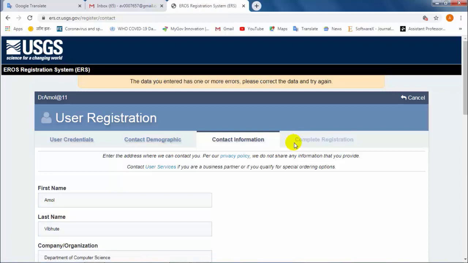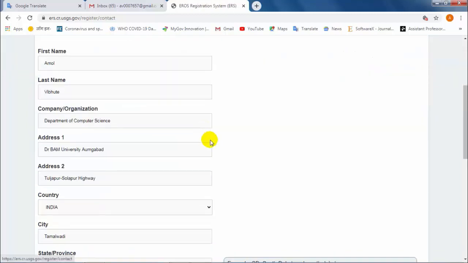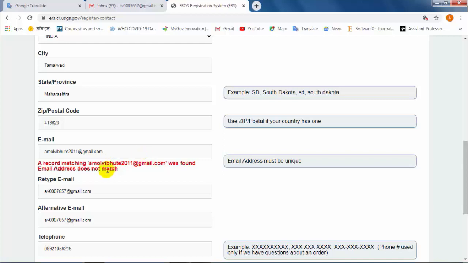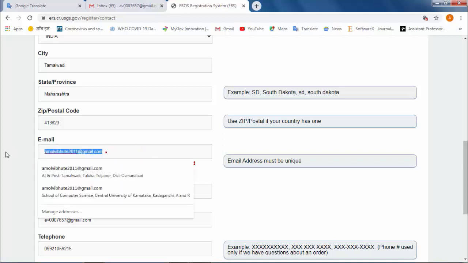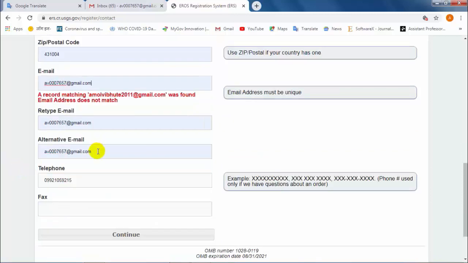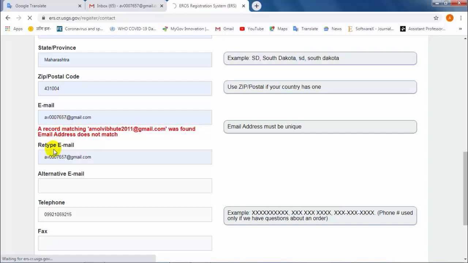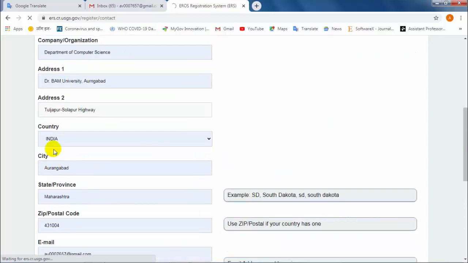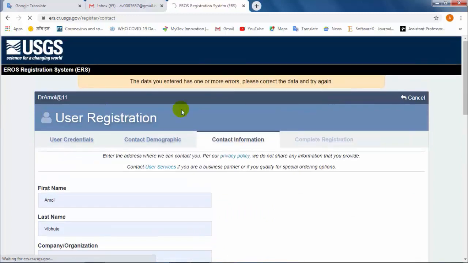If there is any difficulty regarding data or what is happening here, does not match. Yeah, right. Alternative email is not required, so I will continue it. Okay, it is registering, so it will take a little bit of time.